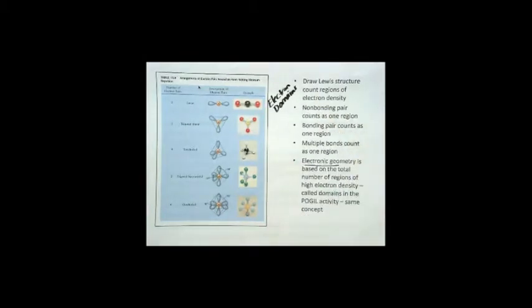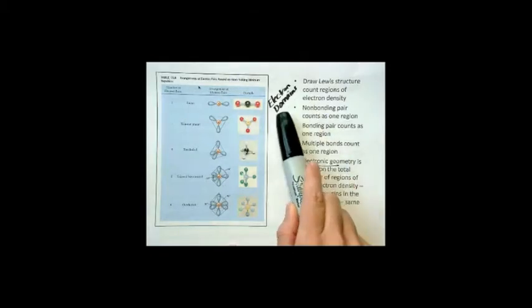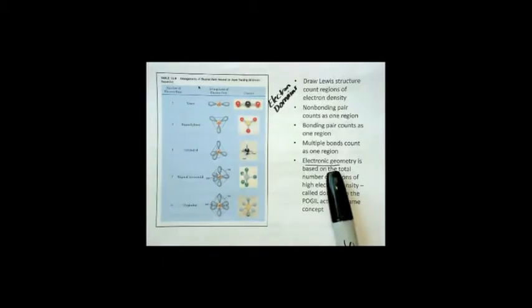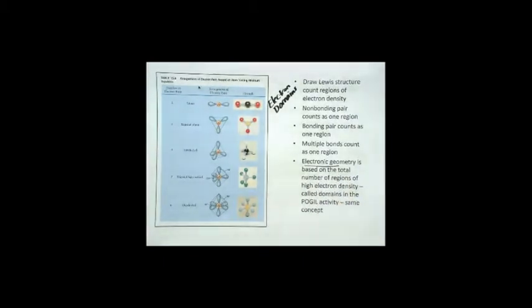It depends on the book, but it's the same concept. And multiple bonds, of course, count as one region or one domain, which is what you learned in the POGIL activity. So the actual electronic geometry of a particular molecule is based on the total number of regions of high electron density on the central atom, called domains in the POGIL activity,